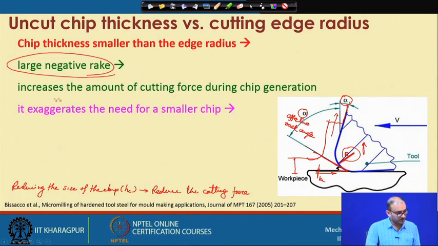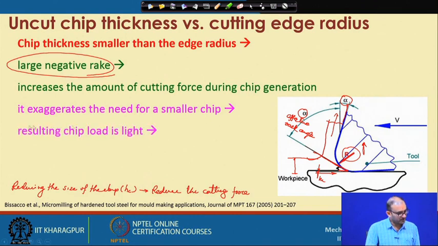So in this particular case, we know that we are ending with the negative rake angle, so forces will be very high. So to counteract this, we have to reduce the size of the chip. So a smaller chip is required to go through it,